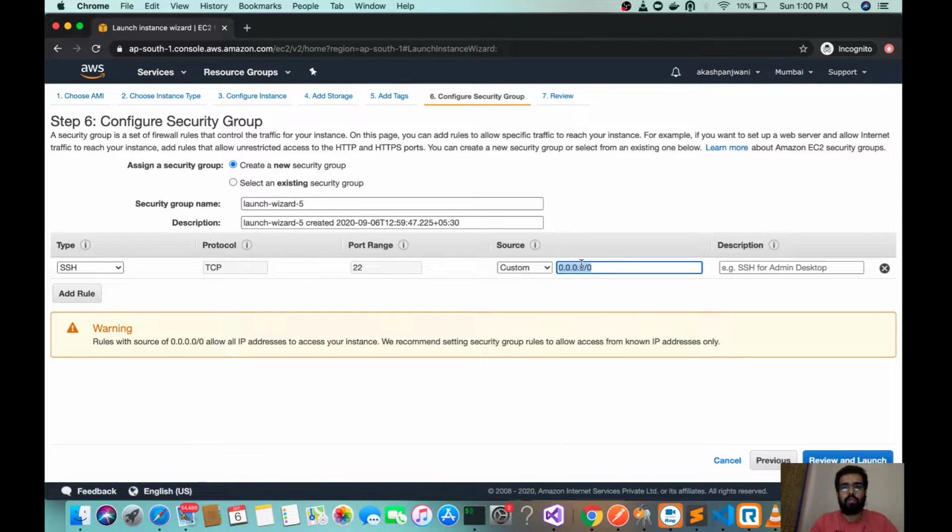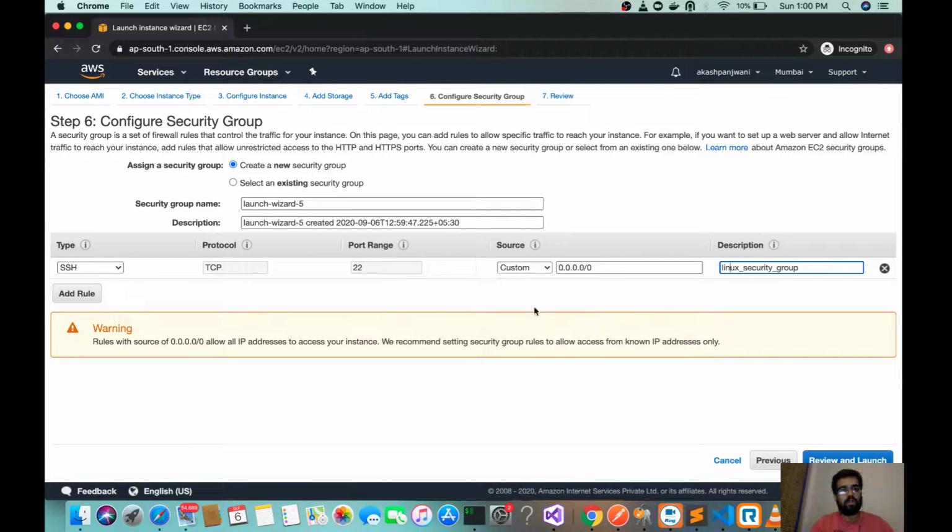This is basically open to the world, and how to stop this I will cover in different sessions, because security groups and security are a very important concern that has to be covered in complete detail. In the description I will say Linux security group. Naming conventions are very important in AWS and the cloud for the separation of namespaces.